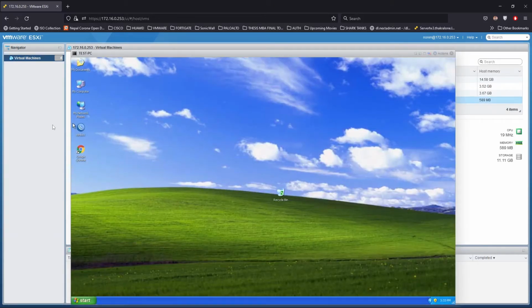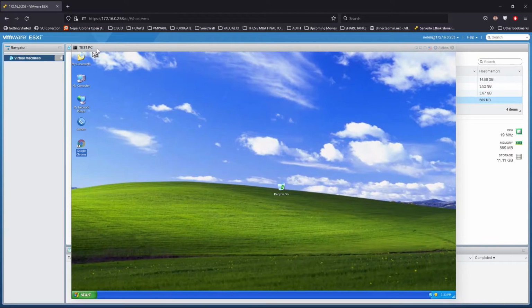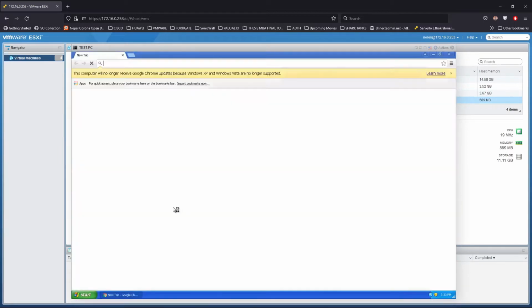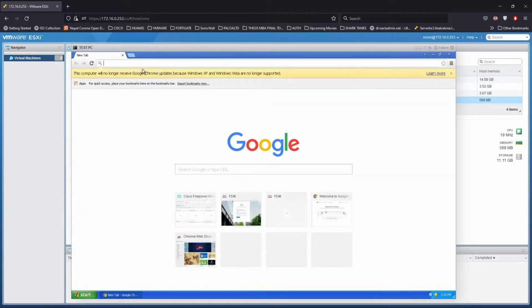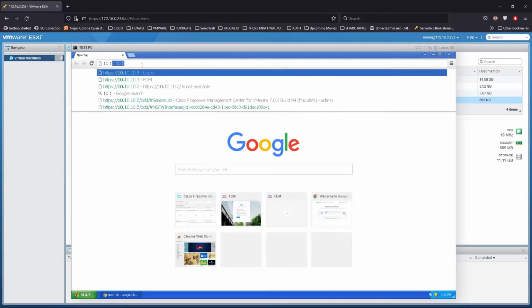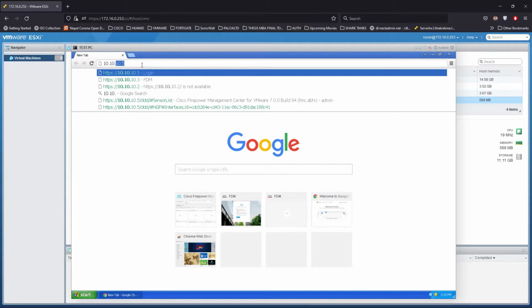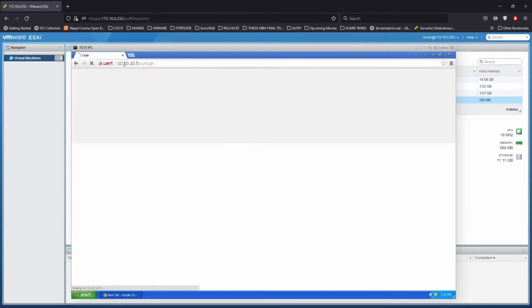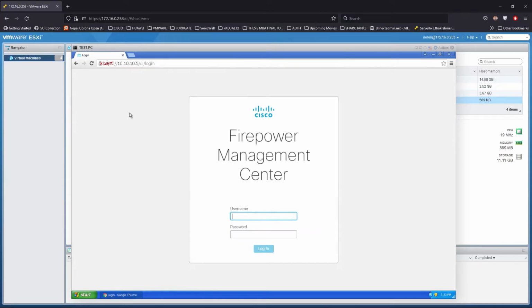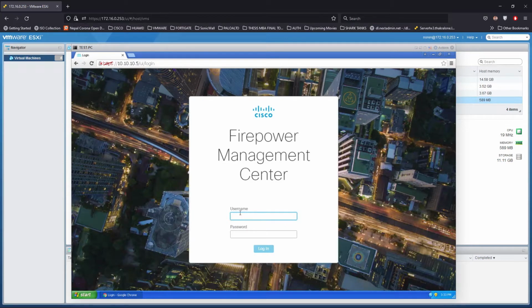Okay, this is the test PC. So I'll first browse the FMC GUI. Okay, so its IP is 10.10.10. So its login is